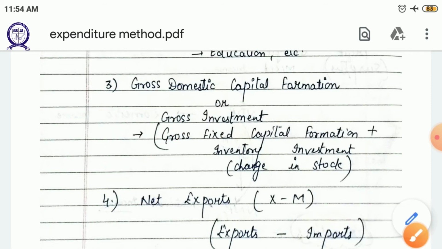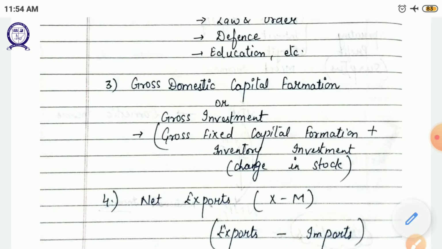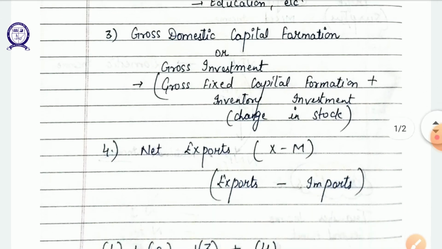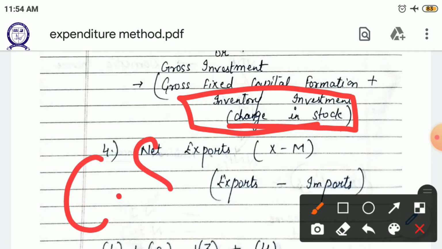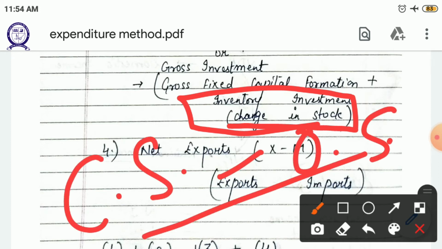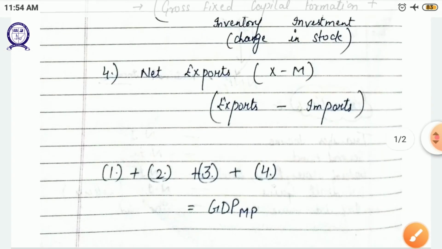If you are doing expenditure for health purposes, that will also be included over here. So if government is doing expenditures on health, on schools, on roads, dams, that will also be included over here. Next one is change in stock, that is your inventory investment. Inventory investment means closing stock minus opening stock, that will also be considered over here.